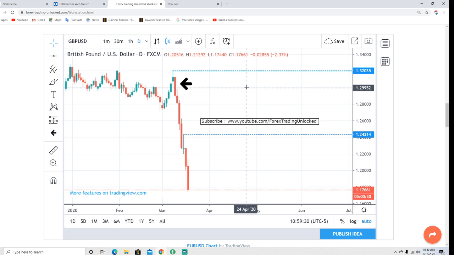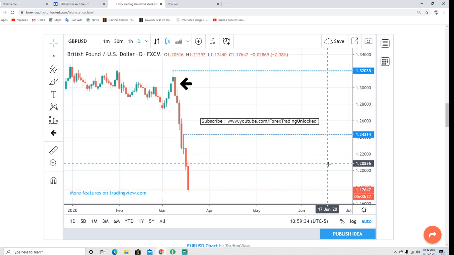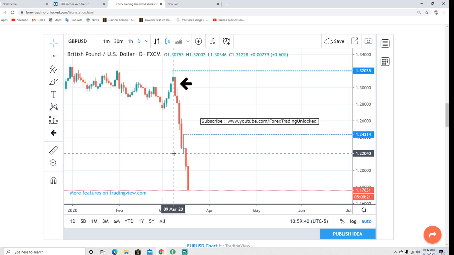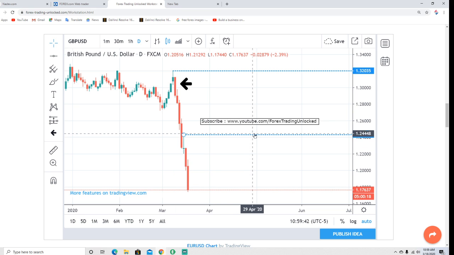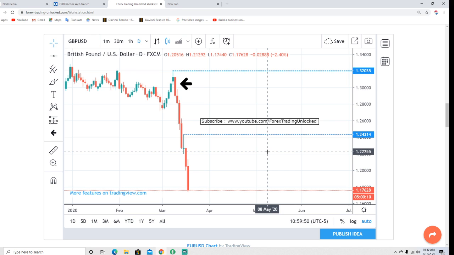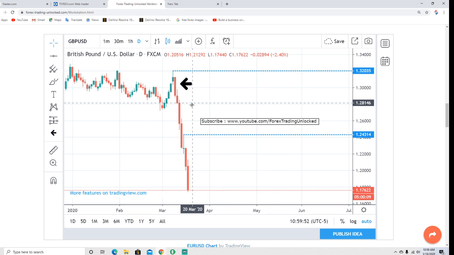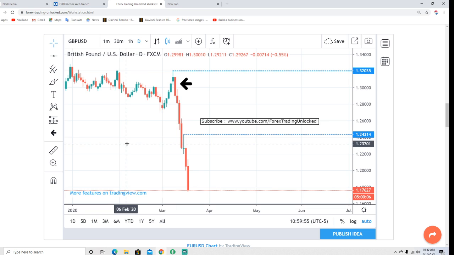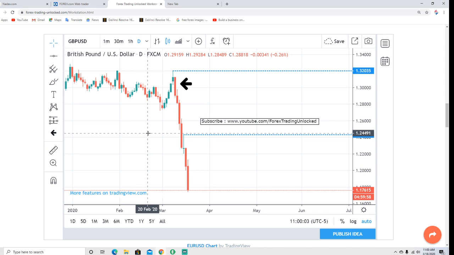This market has gone from a high of, look at this upside pivot, $1.3203. We're trading $1.1764 right now. That was on March the 9th. Remember March the 9th? We mentioned that in the other market, the Swiss. Here we are nine days later, with a weekend in between, two trading weeks apart, and every day is lower and significantly lower. So does that mean it continues to slide at this rate? Absolutely not. It may, but the velocity of this slide is extreme, and markets go out like they come in.